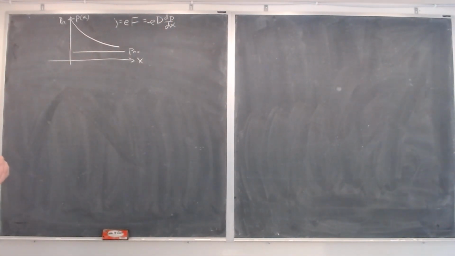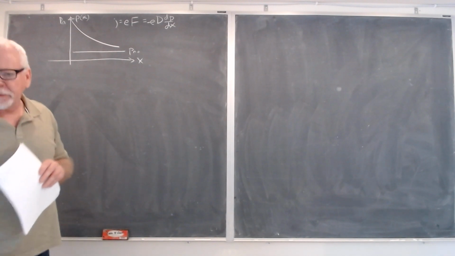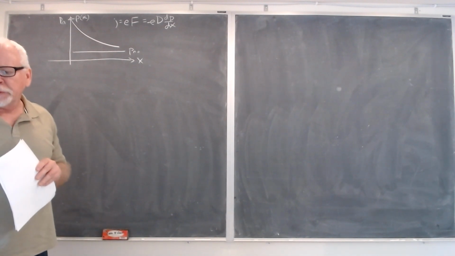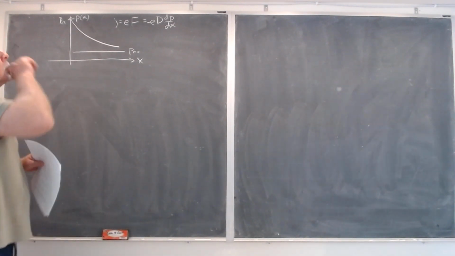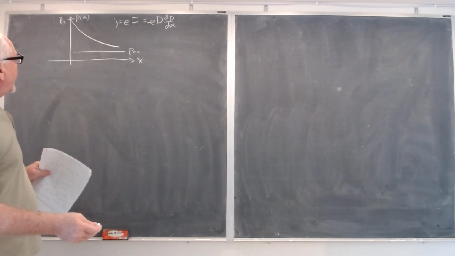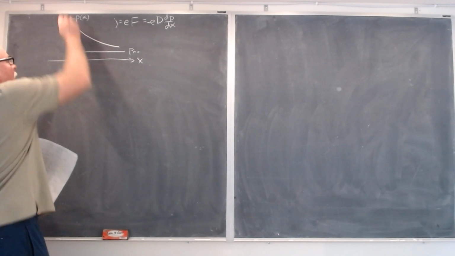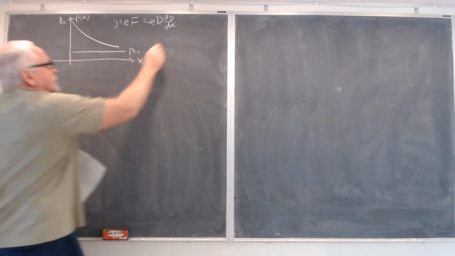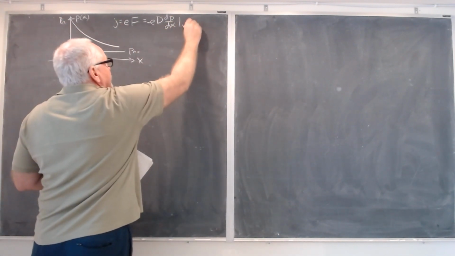Okay, and P of X is that formula involving the exponent and things like that. But the way I want you to remember it is that, and remember, we're evaluating this at x equals xn,